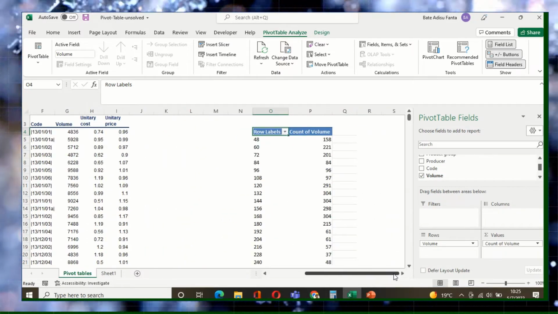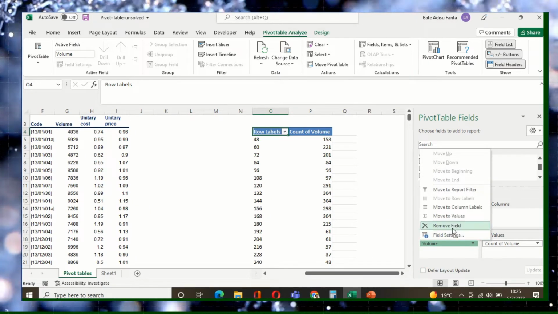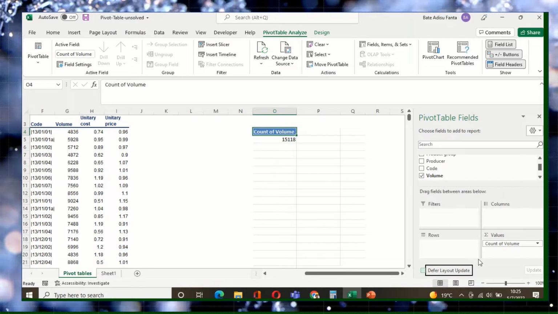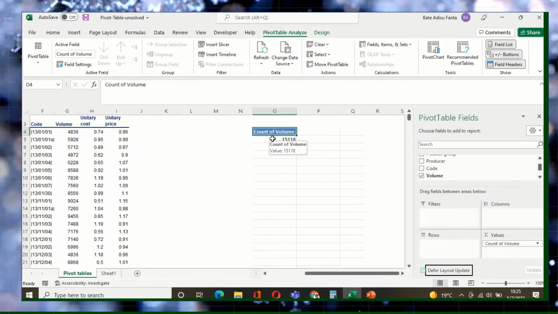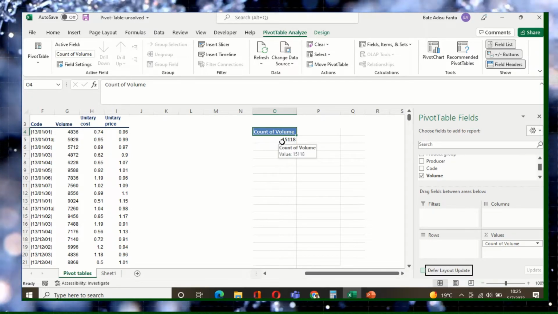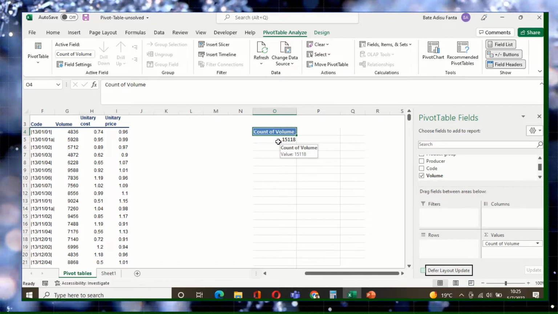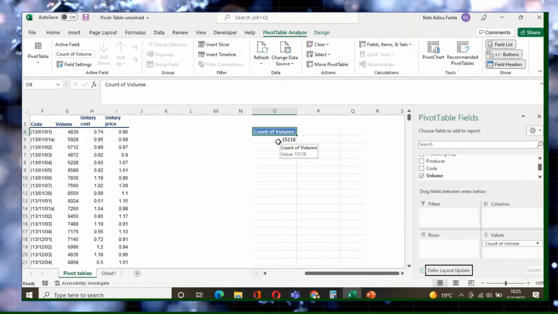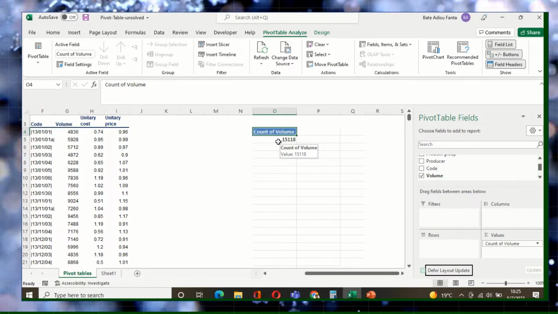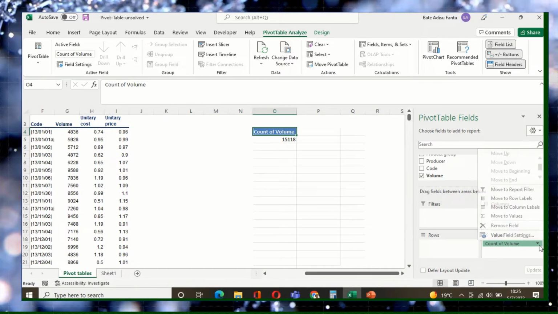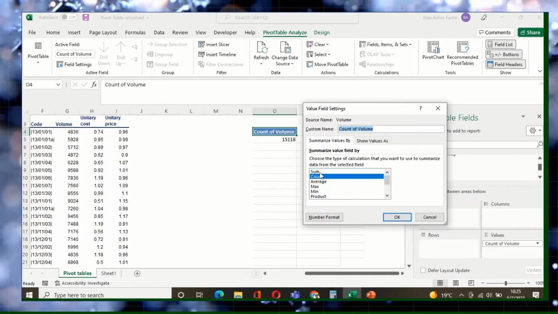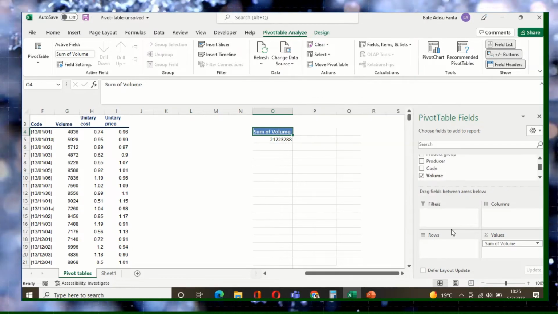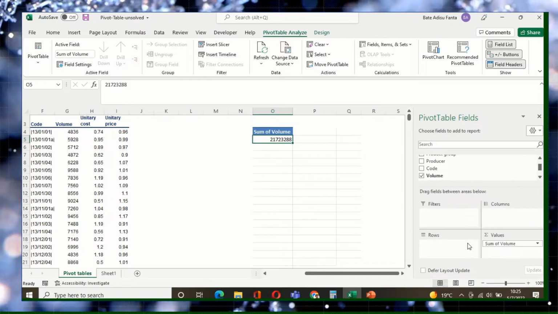So you see immediately when we create a volume, it brought to two field. We remove from the rows, we just put it in the values. So in this case, you see count of volume, total volume. It counted total volume. But we are not looking for total volume. We are looking for the sum of volume. So we change here, we come to here, then value field setting, we go for sum. And then we have here, this is the sum of total